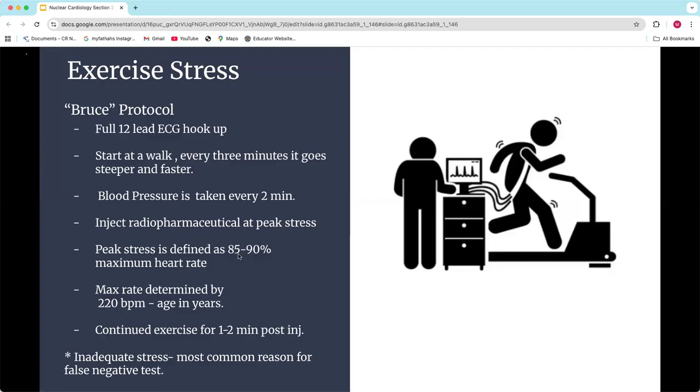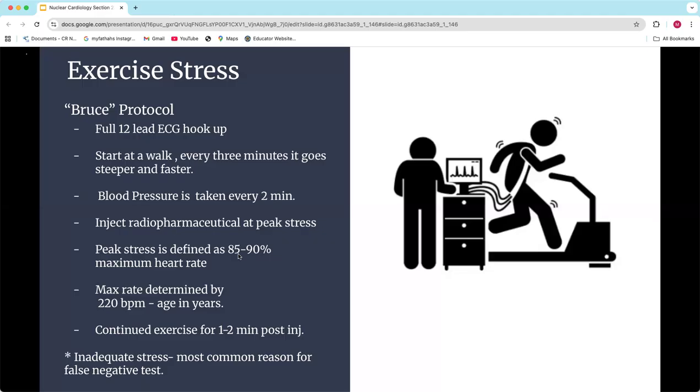So is there a way while they're on the treadmill to tell? There's nothing on your patient to say, I know that you've dilated. And so that's why they have these other determinants like the peak heart rate. Now, even those aren't foolproof, but from the studies that have been done in the literature, this protocol has come up, and the tests showed that if you go to the 85 to 90% and then you exercise for a minute with radiopharmaceutical circulation, you're going to have adequate stress. Okay. So that's why these protocols are set up the way they are.